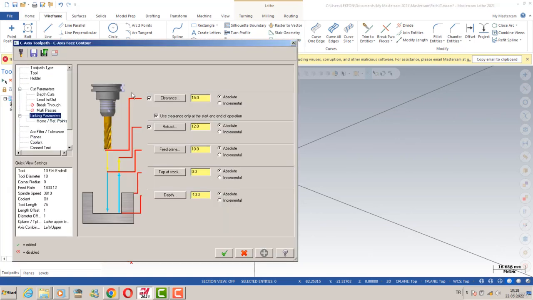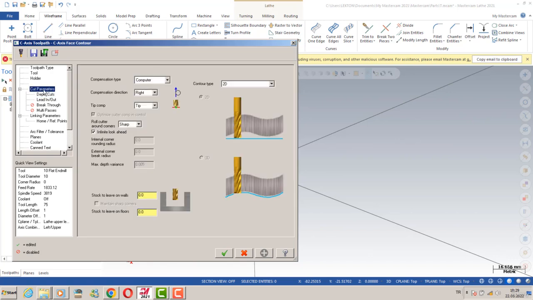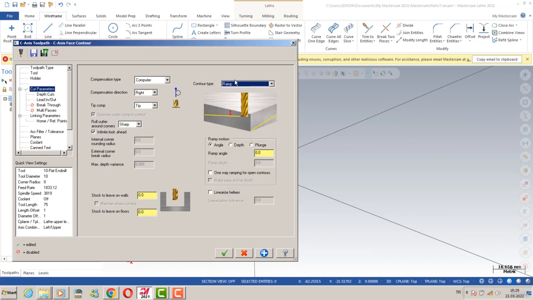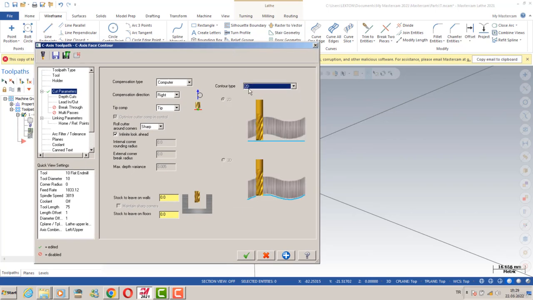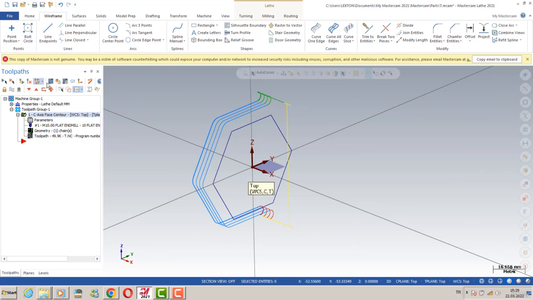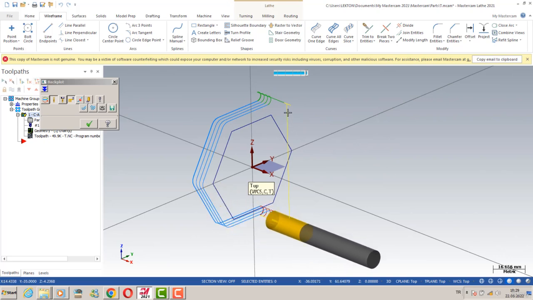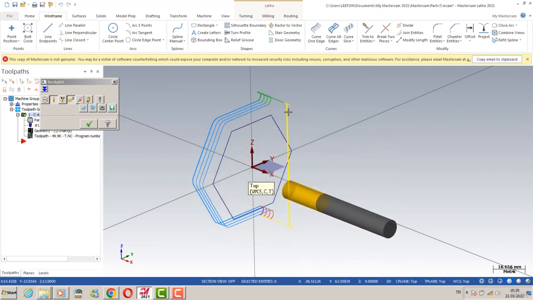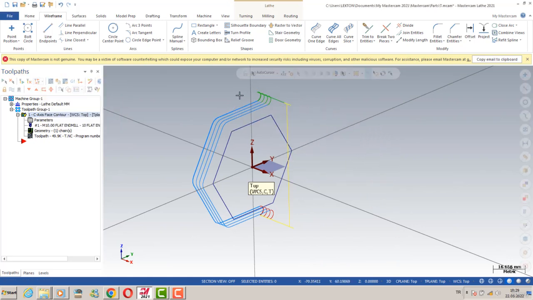So at that point, let me mention that. We can turn to the cut parameters, and as a contour type we can change our contour type to a ramp. This is the ramp option. If you click on 2D, this is the contour tool type. We can start from here, use the retract position, go to near the starting point, and keep going